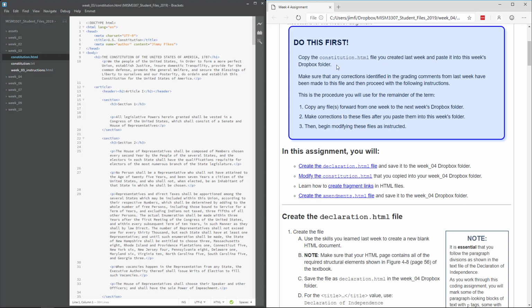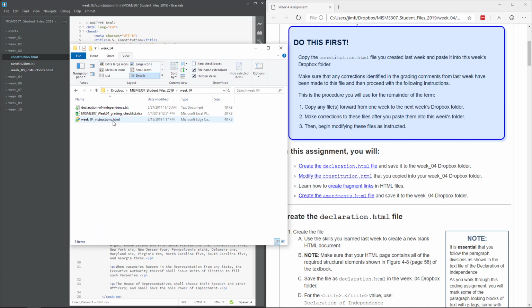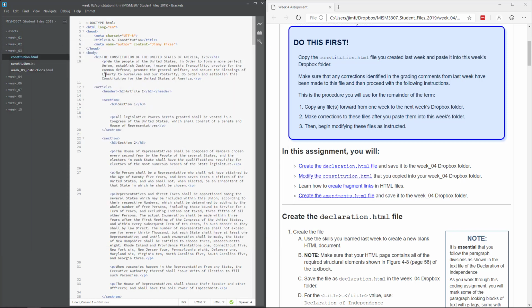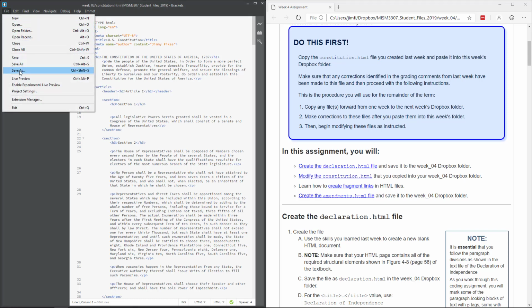week's Dropbox folder. There's a couple of ways to do this. You could come into File Explorer, go back to week 3, copy, and then paste it here inside of week 4. That's one way. But the way that I prefer to do it is just open up the file that you worked on last week here in Brackets, highlight the file, or after this week there's going to be 3 files every week. Then come up to File, Save As,